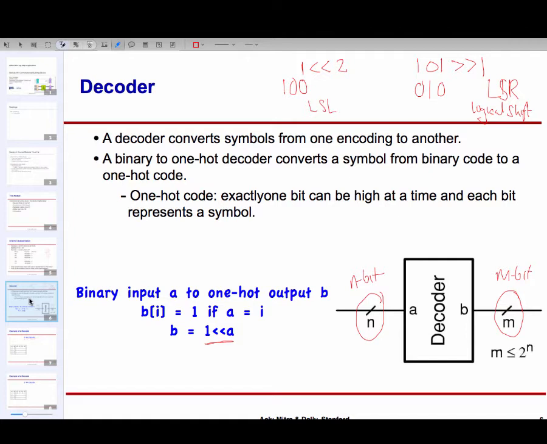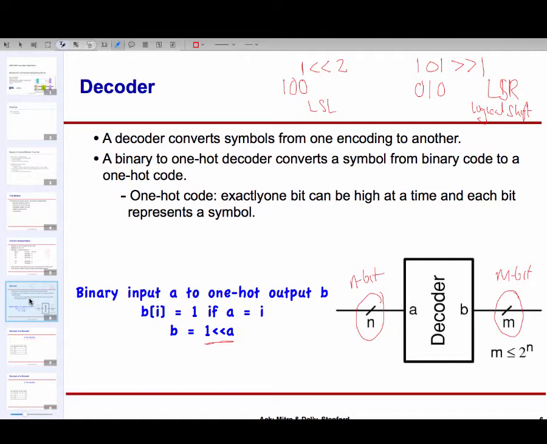That is, I'm trying to represent some information, and depending upon how many distinct values that information can take, I have that many wires. And then if the value is the first value, the first wire is high. If the value is the second value, the second wire is high, and so on and so forth. So that's what is being said out here, that whenever a is equal to I, that is the number represented by the n bits on the input, then the ith wire, bi, is the one which we raise.